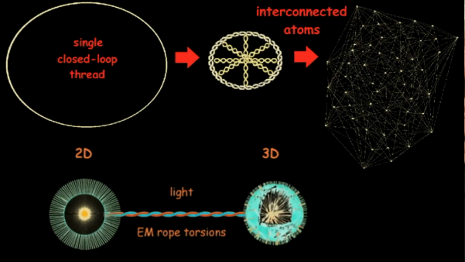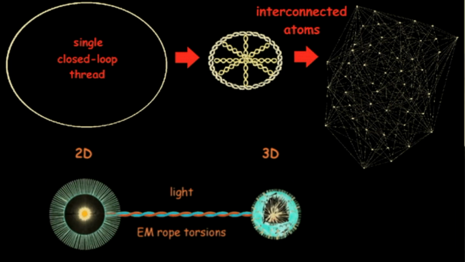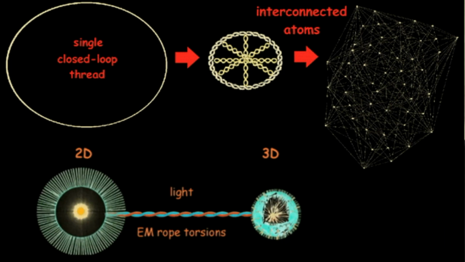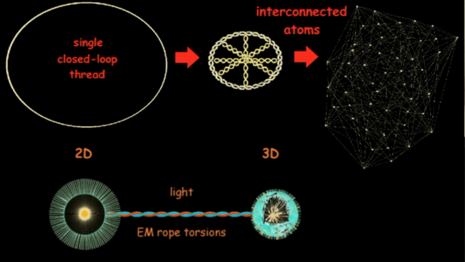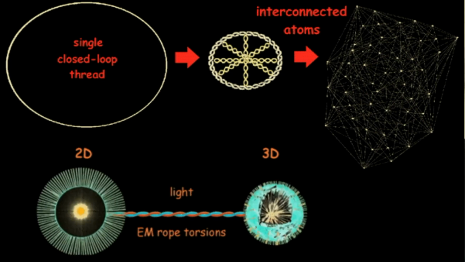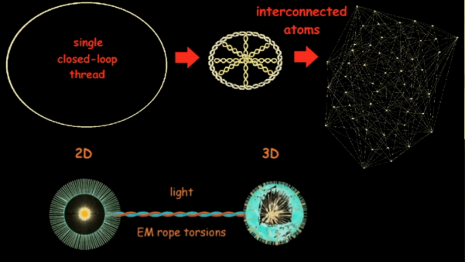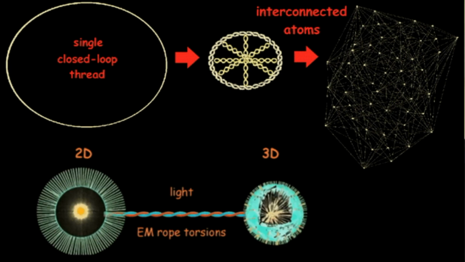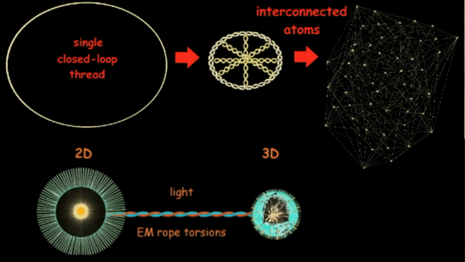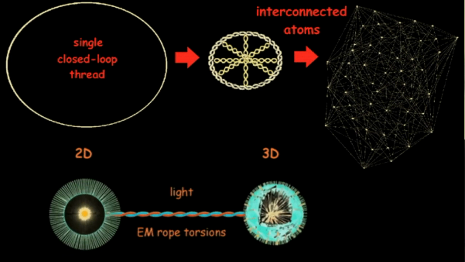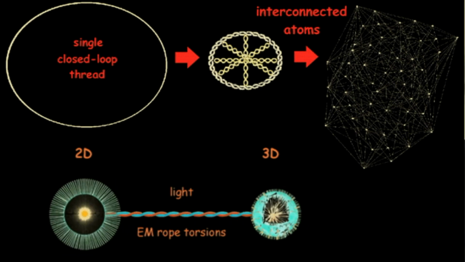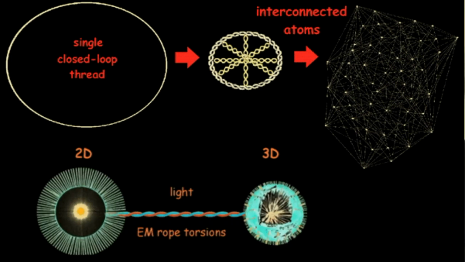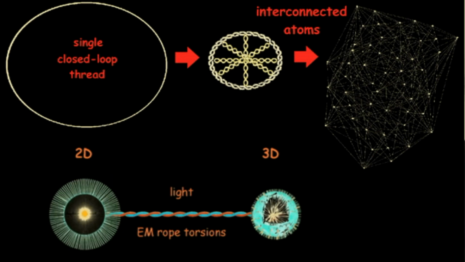And what does a single thread do? Well, we say that if we untangle every atom in the universe, we end up with a single closed-loop thread. And that's all there is. So if you started from one atom, any atom of your choice in the universe, and you had all the time, eternity, to walk around, you would go from one atom to the other, and you would come back to your original starting point, because it's a single closed-loop thread for all matter in the universe.